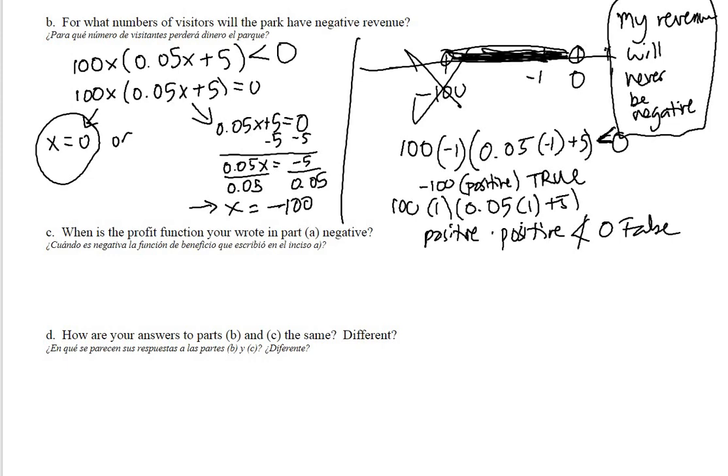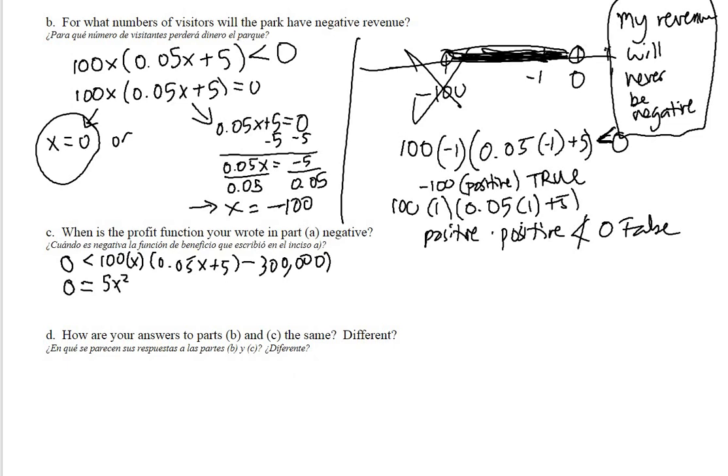When is the profit function going to be negative? So the profit function is a little bit different. That's asking when is 0 less than 100x times 0.05x plus 5 minus 300,000. Okay. All right. That's 0. Treat this as an equality. Equals